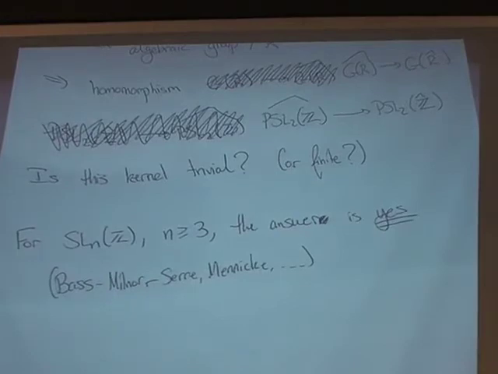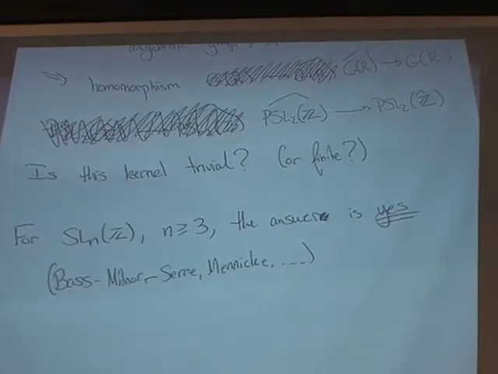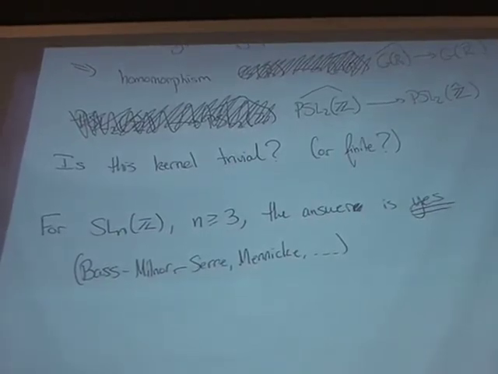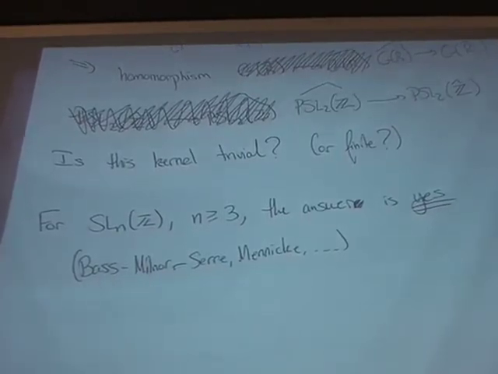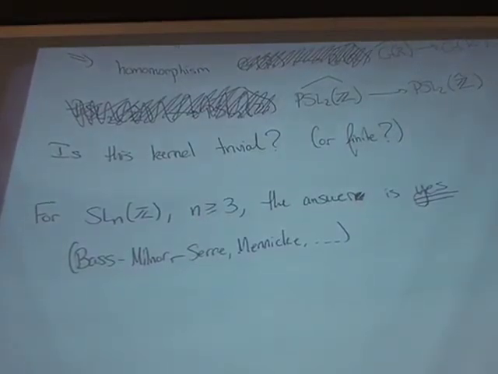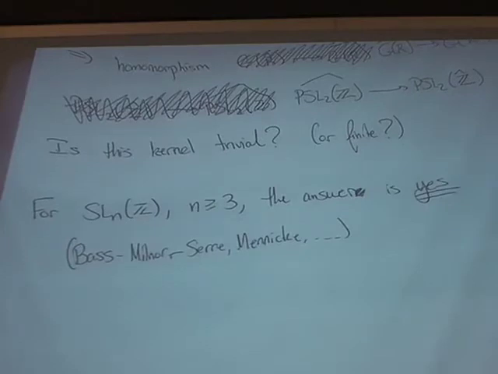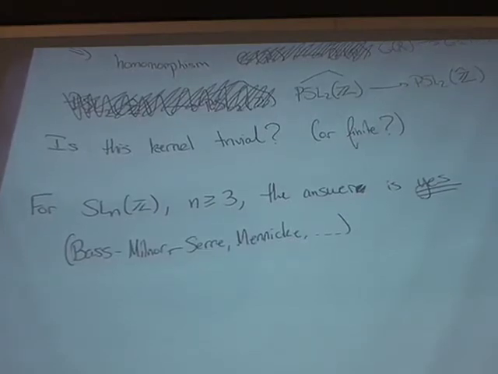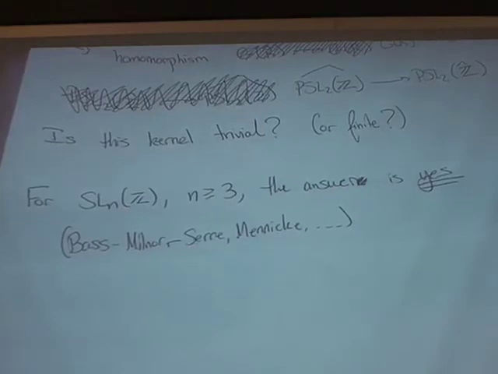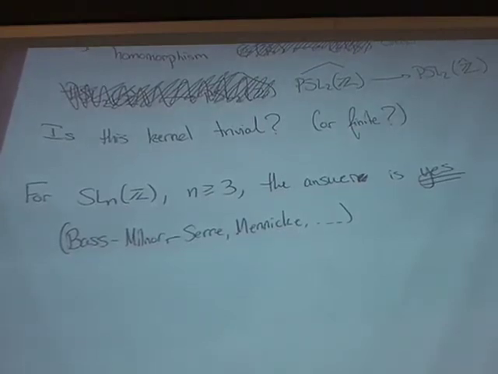And in fact, for SLNZ for n greater than or equal to 3, the answer is yes. And this was done by a bunch of people. Bass-Milnor-Serre is the canonical paper, but there's a lot of work about this in the 60s. There are people working on K-theory, and Bass, Milnor and Serre ended up in the same room at the same time, and then an IHES paper just had to happen. And so that's telling you that